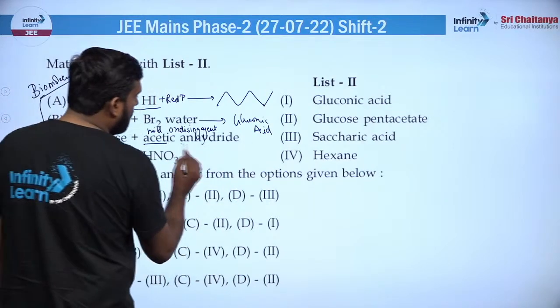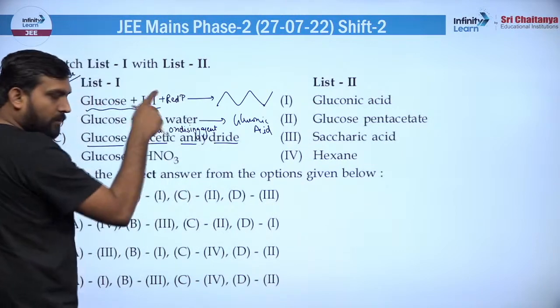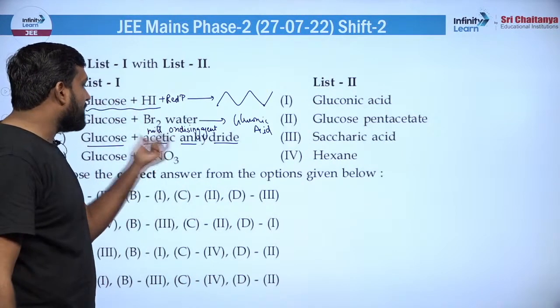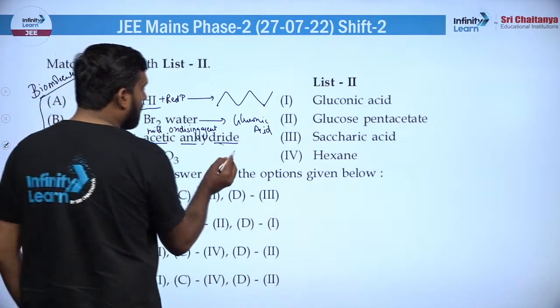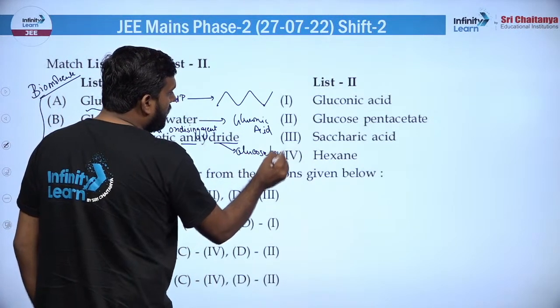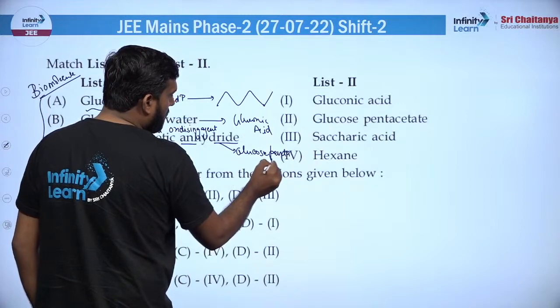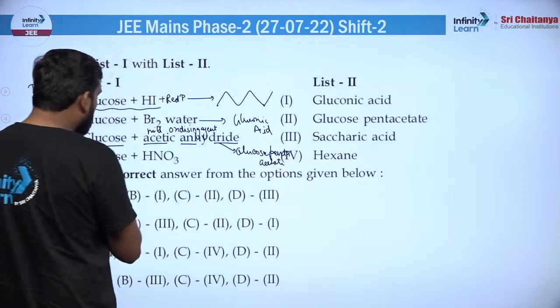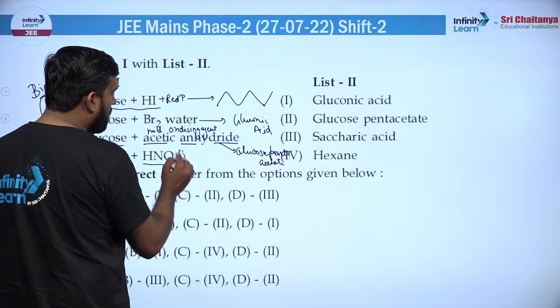फिर उसके बाद ग्लूकोज विथ एसीटेट एनहाइड्राइड, जितने भी OH ग्रुप होते हैं, 5 होते हैं, वो सब वहां पर एसीटेट ग्रुप आ जाता है। तो ये जो प्रोडक्ट बनाता है ये ग्लूकोज पेंटा एसीटेट बनाता है, ठीक है।